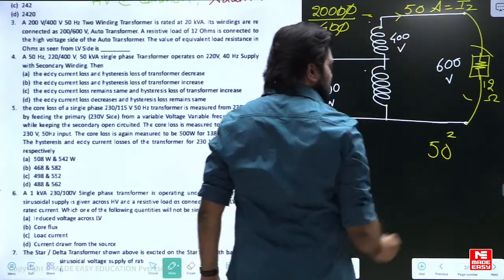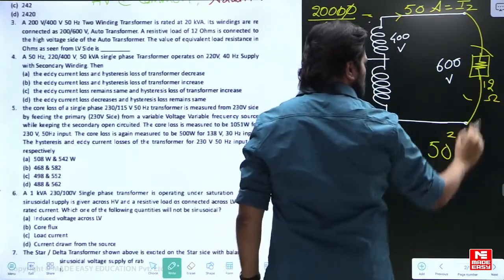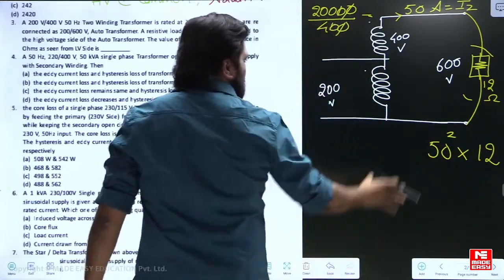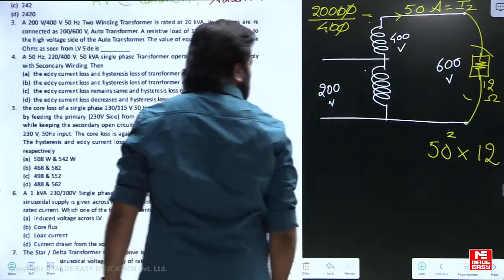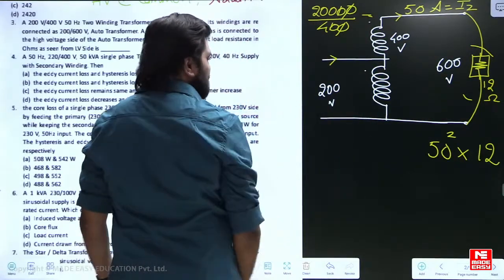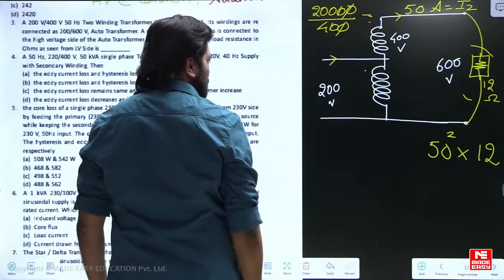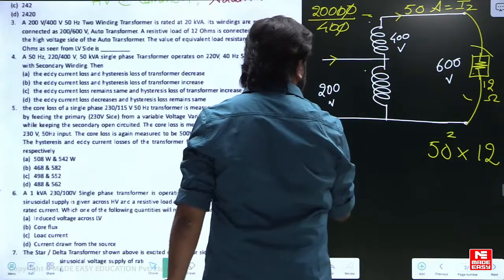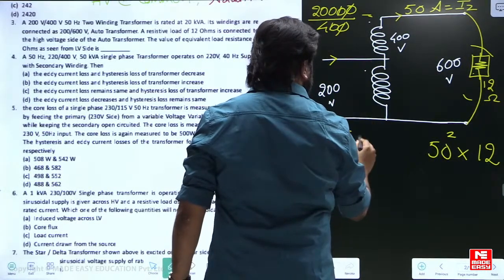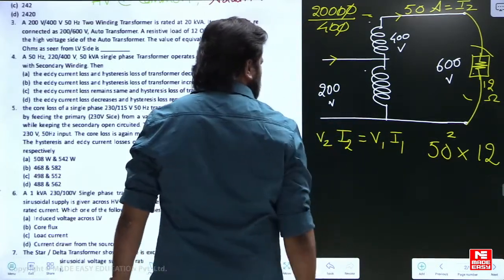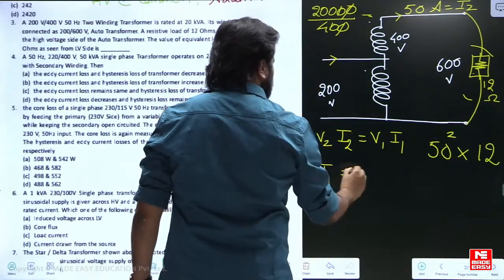50 square into 12 should be equal to, if you calculate the current on this side, what is the current? You know already, V2 I2 is equal to V1 I1. So I1 is